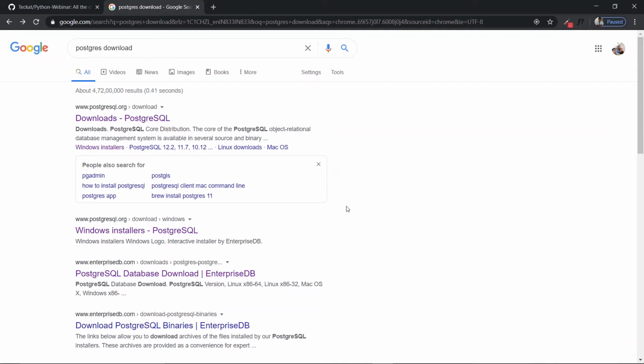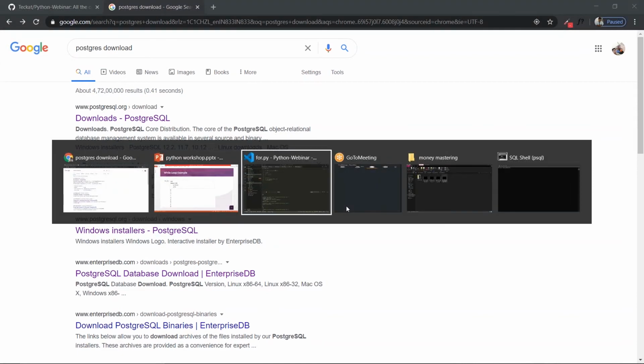Once you get Postgres installed, when you search it, it will come up as PSQL. After installing, PSQL will appear. Then it will ask which server you want. We will work on localhost, that means our local system, so we'll press enter. Then the database is Postgres, the database where we want to store.